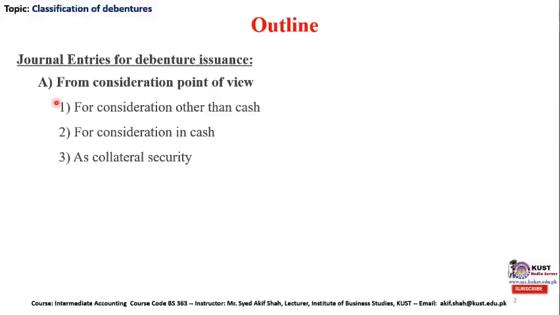which is to explain that when the company issues the debentures, it does not take cash, rather it takes some kind of asset which is other than cash for the company. For example, if the company is looking to buy a machine from a vendor, rather than paying cash to the vendor, it can simply issue debentures, which is a debt instrument, to that vendor in order to buy the machine. The second category is for consideration in cash,